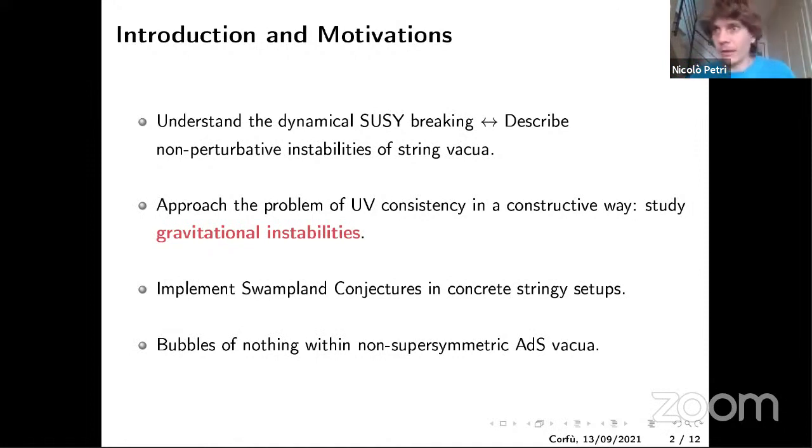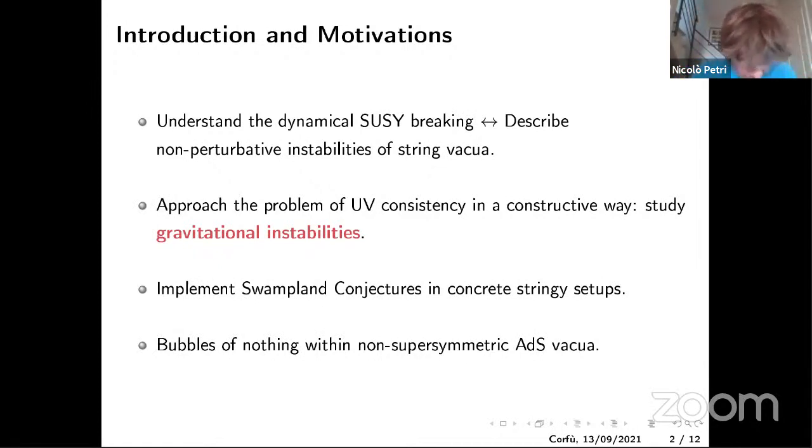So my talk follows this general direction a little bit, and I will focus on the behavior that we encounter anytime we try to embed these non-supersymmetric vacua solutions in higher dimensions. And I'm talking about instabilities. From my point of view, instabilities are not something bad, but a peculiarity that we should study in order to understand how we can effectively describe de Sitter space-time, for example,